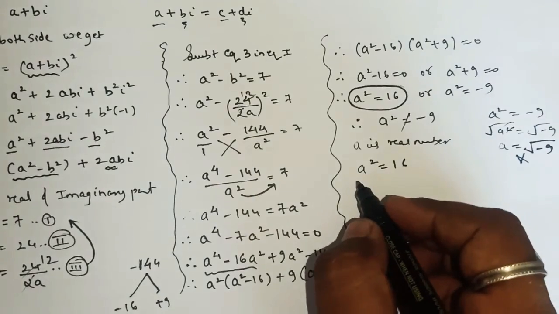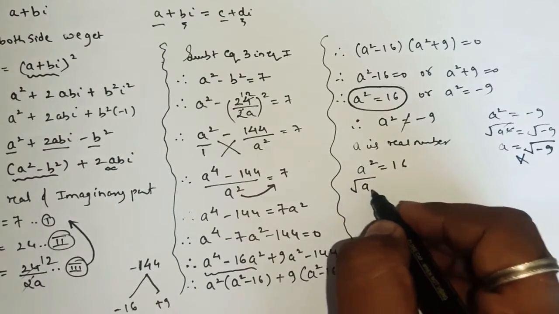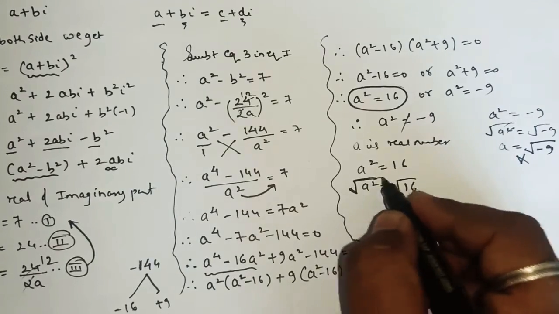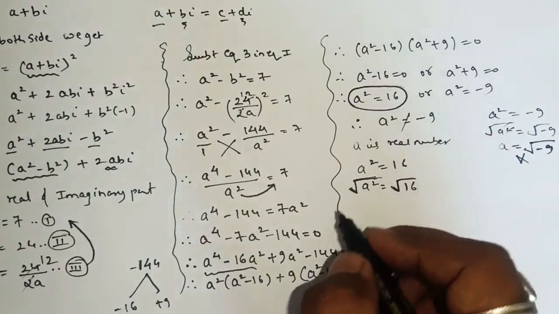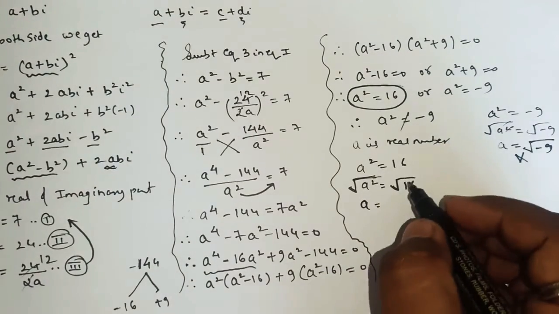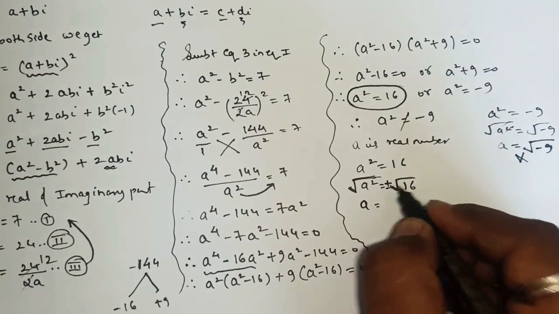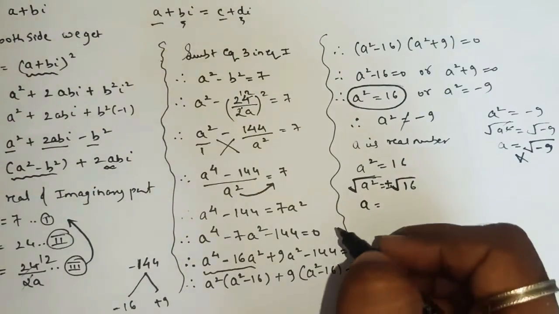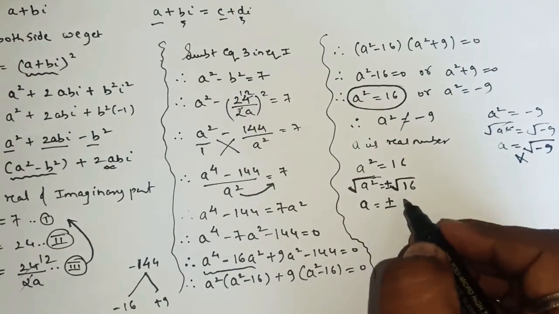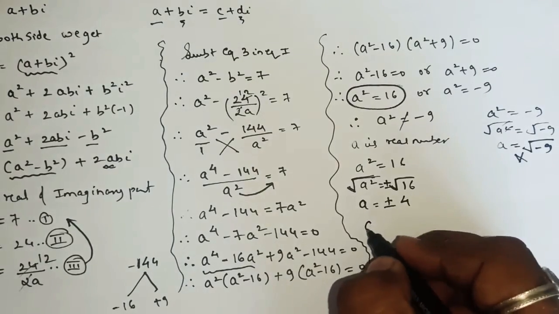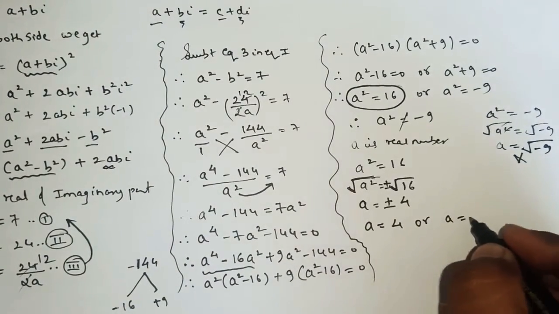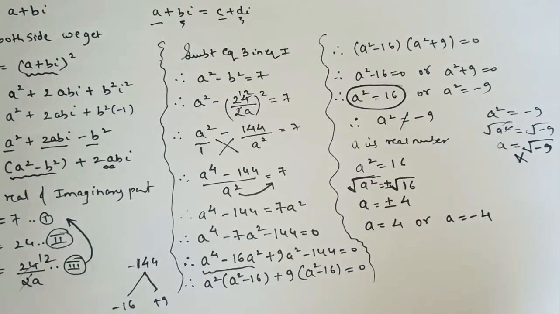Here if you take the square root on both the sides, the square root will get cancelled, and we know that whenever we take a square root on both the sides, we always get two answers. These are the basic steps. So plus minus square root of 16 is what, 4. So here you will get one answer of a as 4 and the second value of a as minus 4.